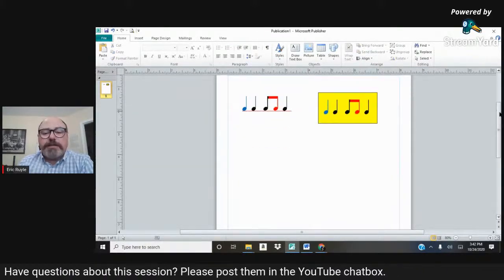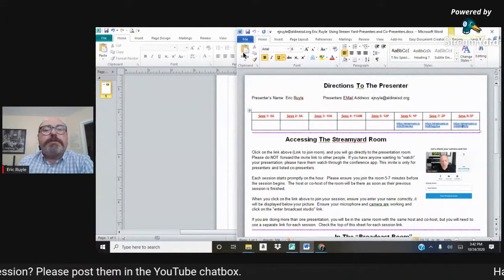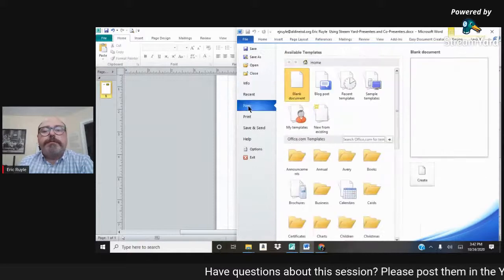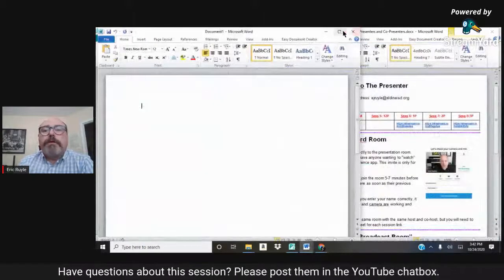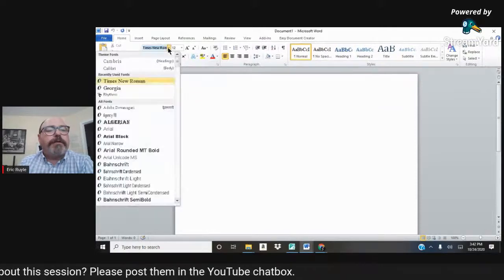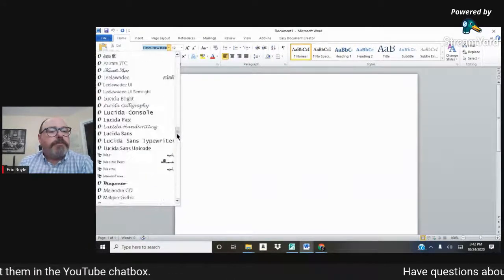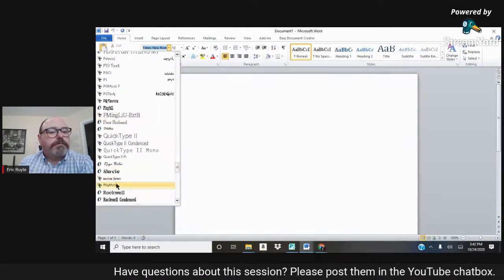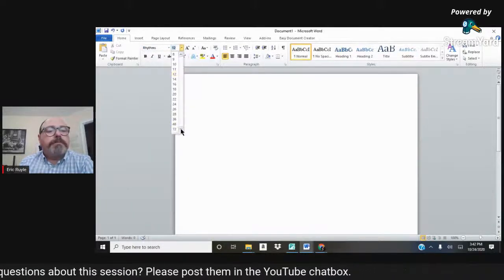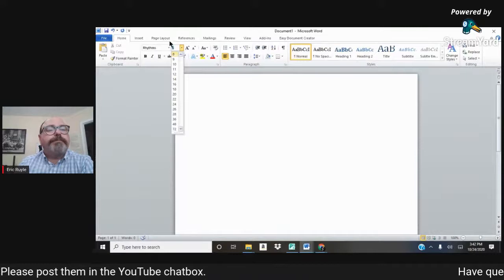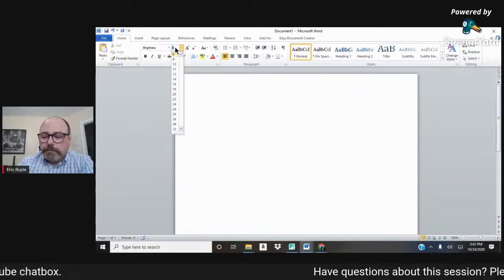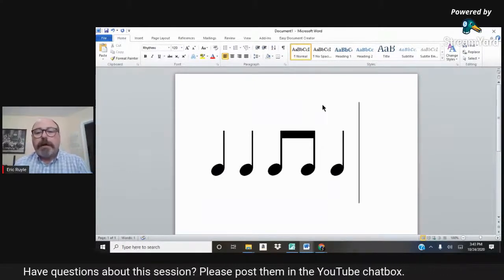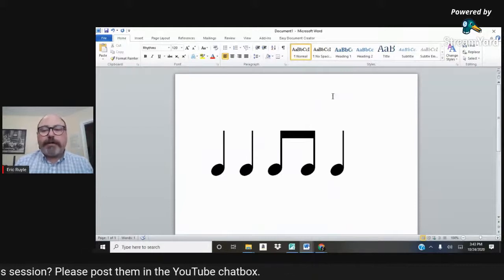Now, when I'm doing the rhythm with the kids, I can use a regular sheet. Let me do a brand new one. So when I'm working rhythms with the kids, I go through here, scroll down. Rhythm, make it big. Let's just do this 120. You can make it smaller so you can get more lines. In fact, let me make it smaller.